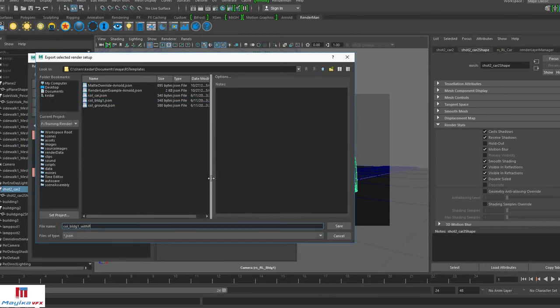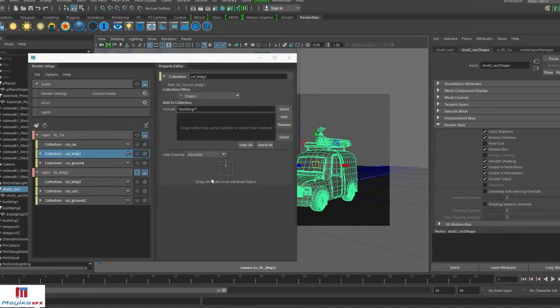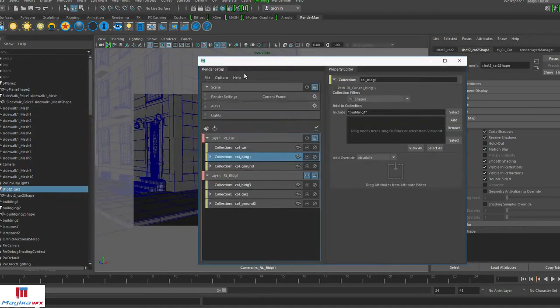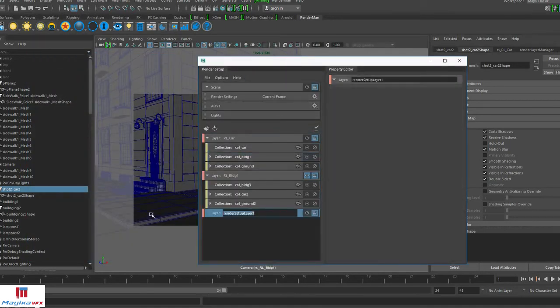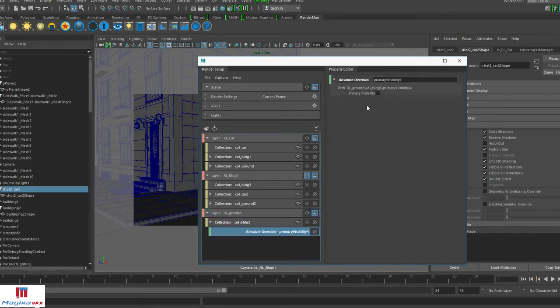Now this layer, this collection has object settings in it and I have saved it. And if we create a new render layer, we can import the same collection with object settings. Now you see, we have the same object settings as we saved, and similarly, we need to accept it.